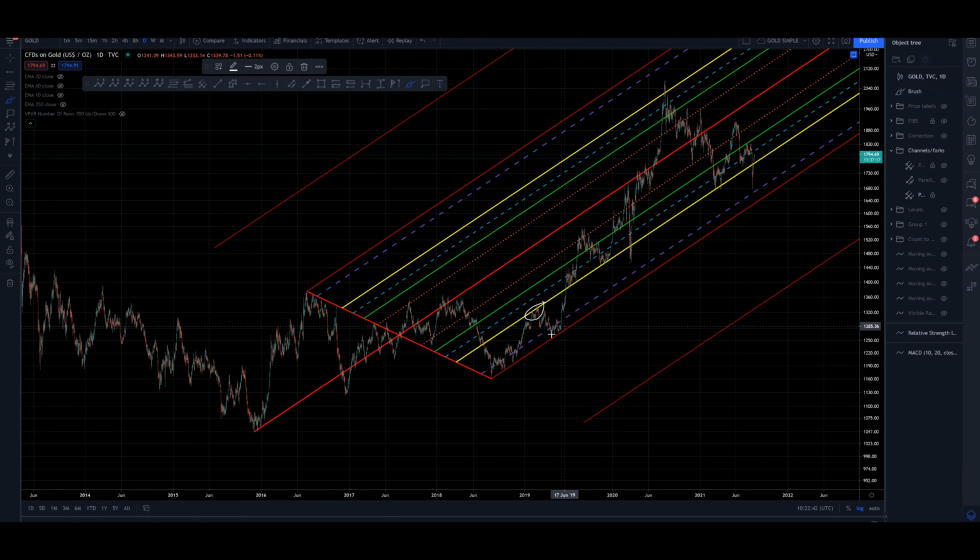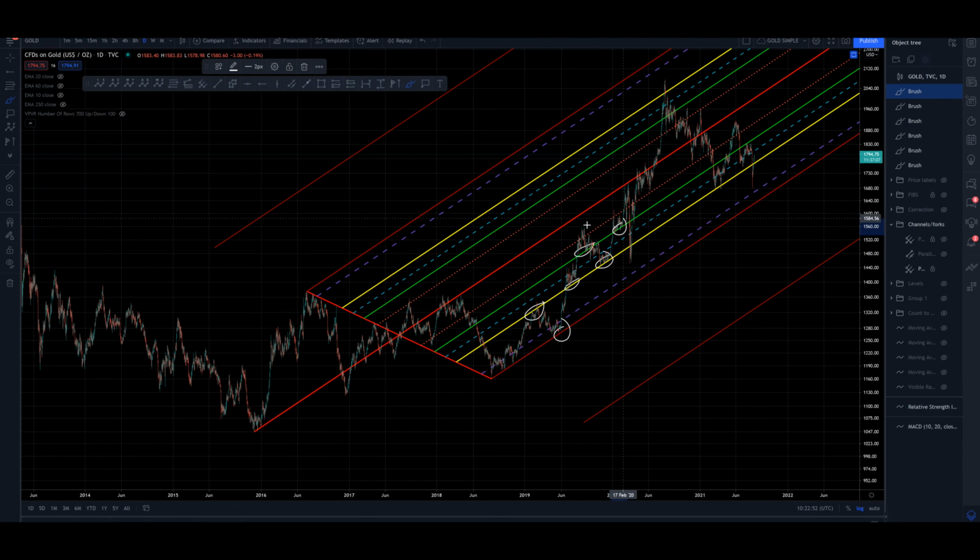Okay, so inside of this pitchfork we can see, having set our swing high, swing low, we tested the 61.8 level, tested the outer bound, came back to the 61.8, tested it, came through the 38.2, back tested it, fell through it, tested the 61.8 again, through the 38.2, back tested it again, to the median line, all the way back down, all the way back up to the median line, to the 61.8, and then we had